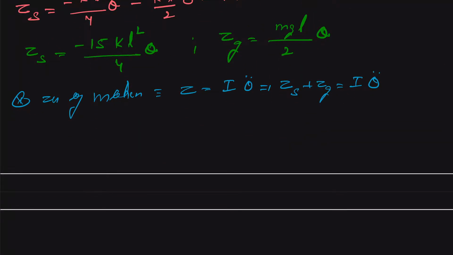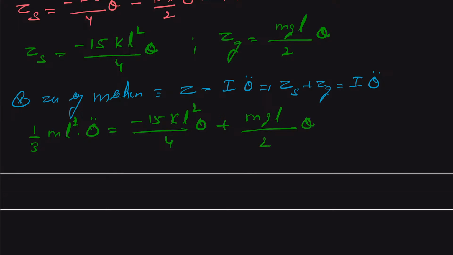So moment of inertia we already know is 1 by 3 m L square, times theta double derivative, and this will be minus 15k L square by 4 times theta, plus mgL by 2 times theta, and simply it is,